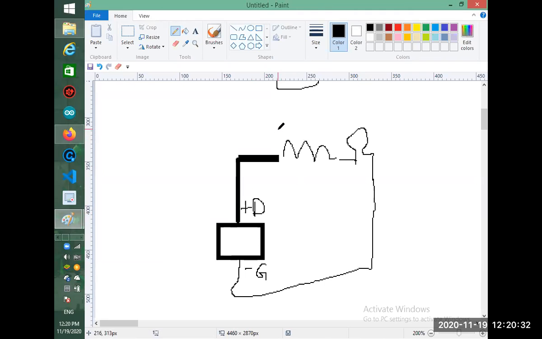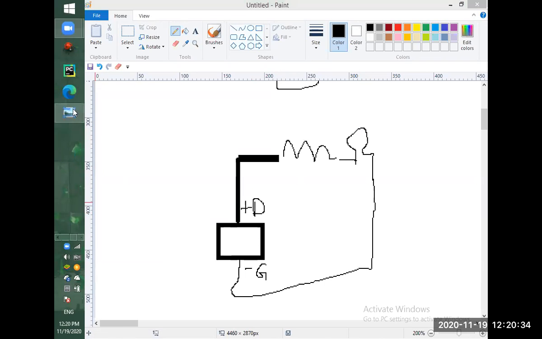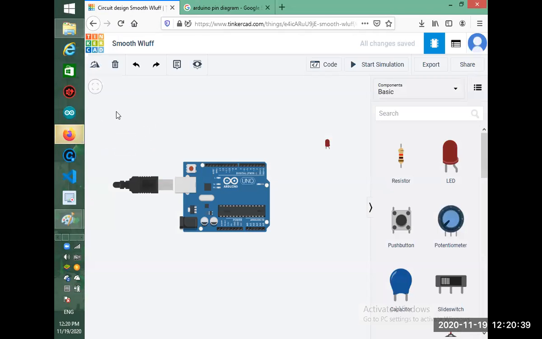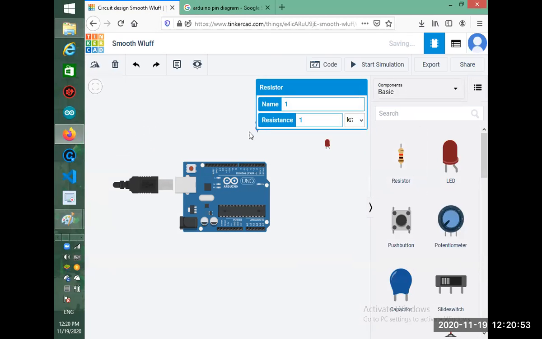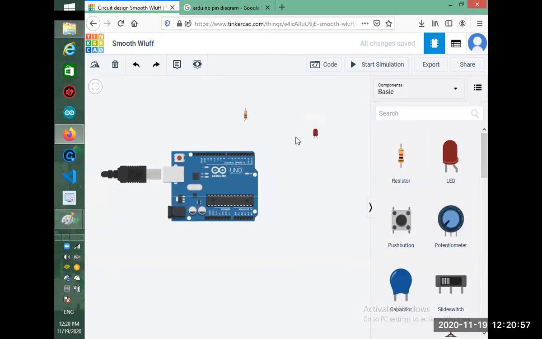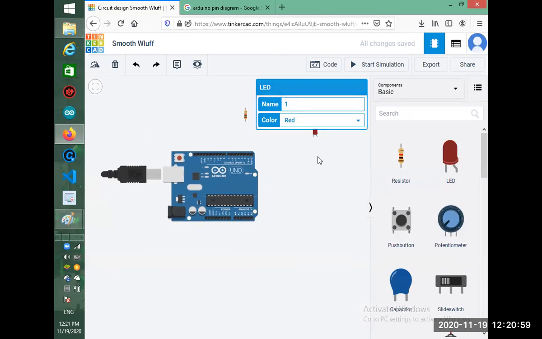Let's see how it looks in Tinkercad. We have chosen the Arduino. We have taken an LED. Now we'll take a resistor. This is a resistor.